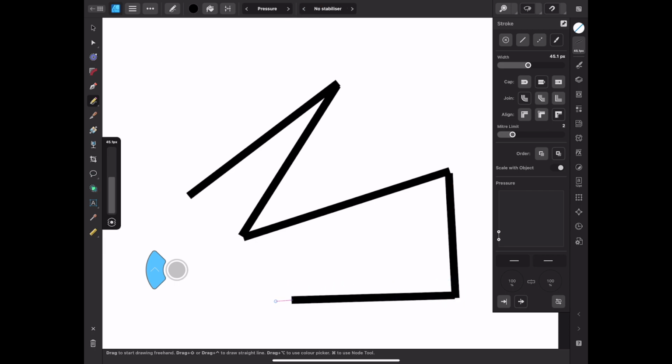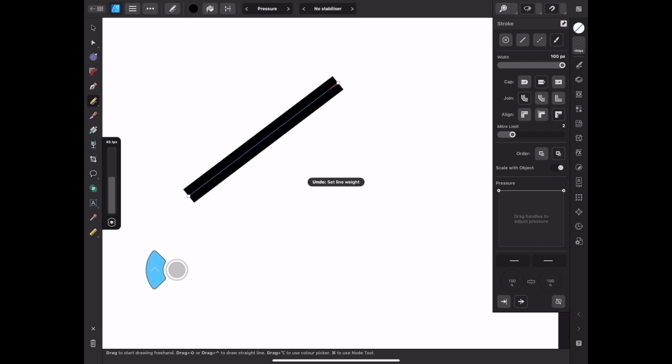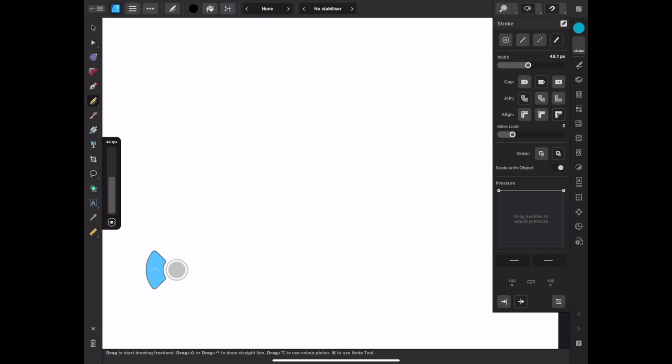Also, let me turn off the stabilizer. Okay, one more time. And I'll turn the pressure off because you may have noticed that while I'm drawing in this mode, the pressure doesn't apply. And that's okay. It's useful for drawing things like technical objects, cars, buildings. You can go into sculpt mode. That's when this really shines. In sculpt mode,